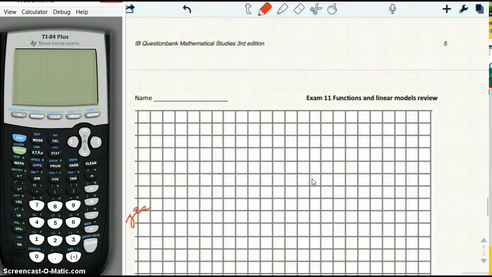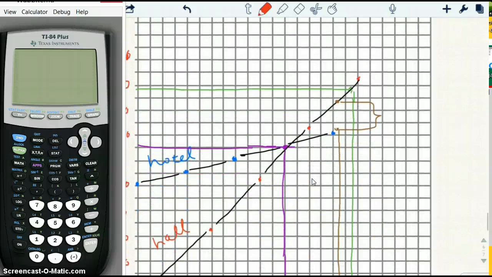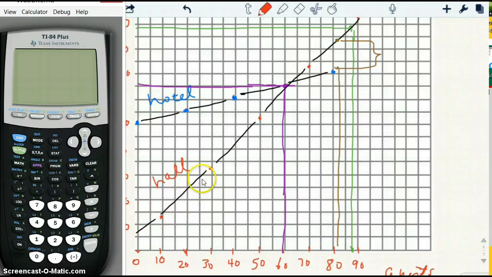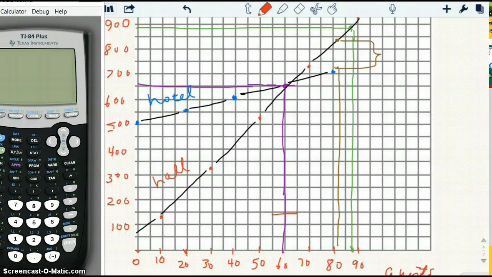So on the last sheet of graph paper, here's the graph. Now you don't need to look at all of this. Look at, in particular, at the red dots. I graphed the red dots here. 10 guests, and let me move the calculator over here. 10 guests graphs to 130